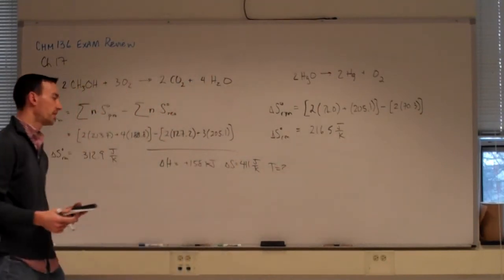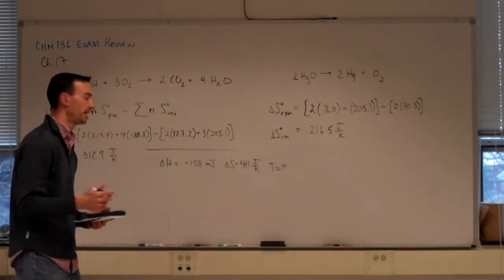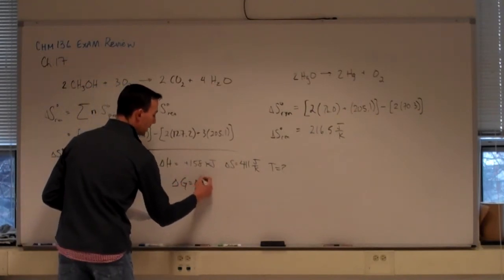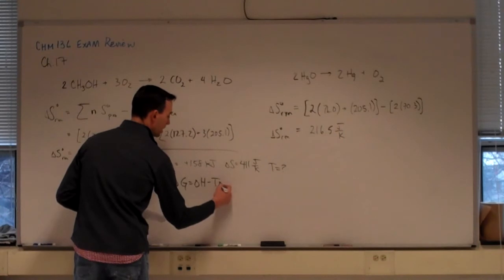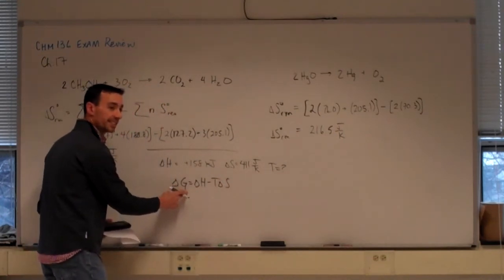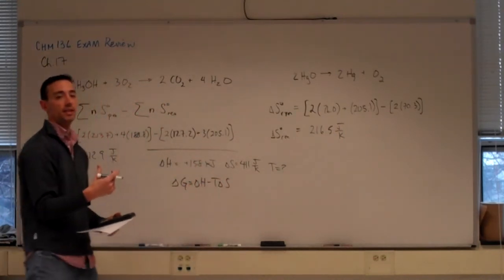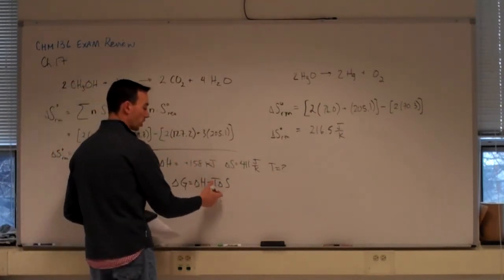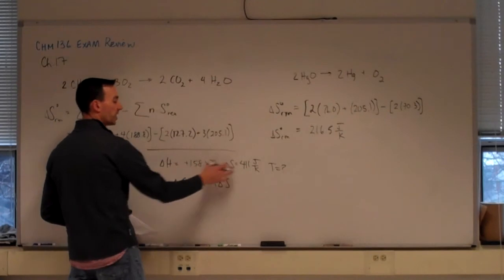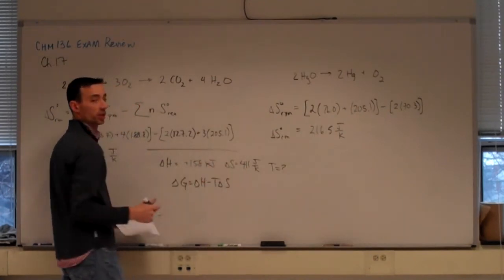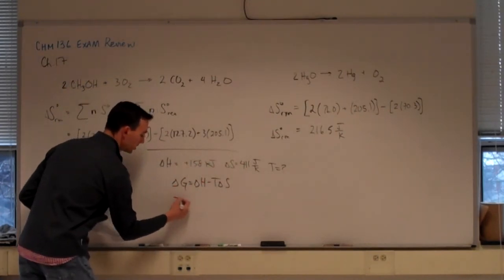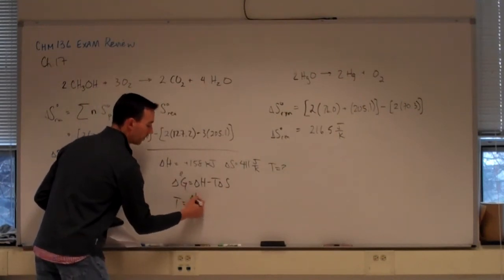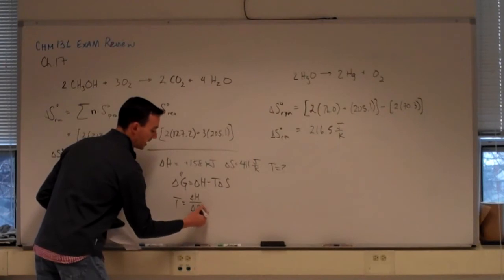So for what range of temperatures will this reaction be spontaneous? This answer comes from solving from the Gibbs free energy. We know that when the Gibbs free energy is negative, our reaction is spontaneous. And that behavior can change with temperature if H and S have the same signs, as they do in this case. So the transition temperature is found by setting the delta G equal to 0 and that's delta H divided